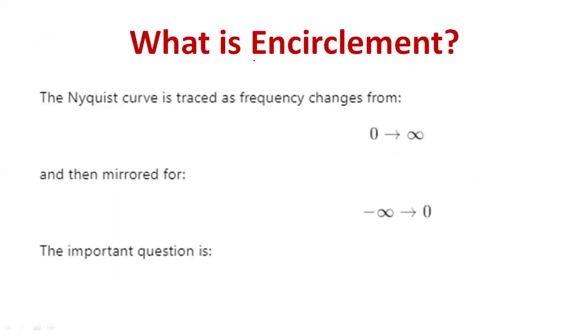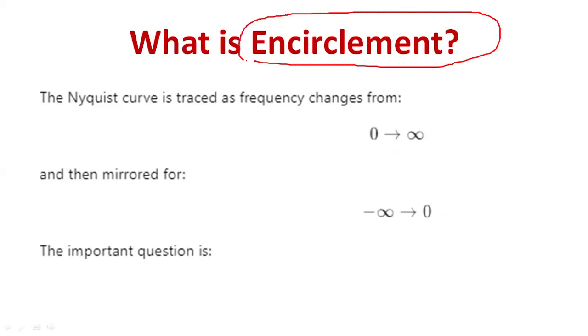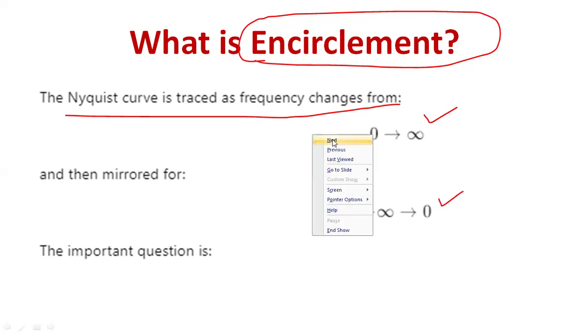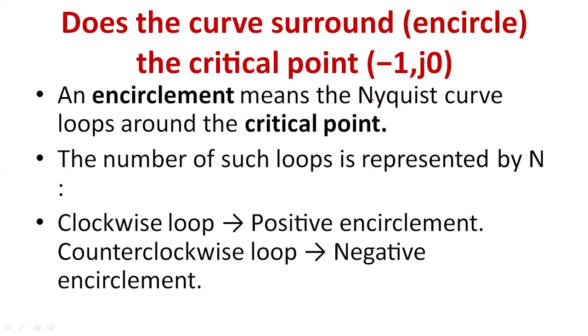So coming to another term called encirclement. This term will also be helpful for determining stability. The Nyquist curve is drawn as the frequency changes from 0 to infinity and minus infinity to 0. So these are the 2 points you have to remember. What is the meaning of encirclement? Encirclement means the Nyquist curve loops around the critical point. So encirclement is determined based on the critical point. The critical point is nothing but minus 1 plus 0j. The number of encirclements can be